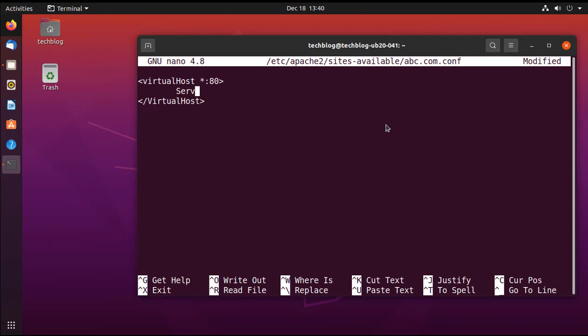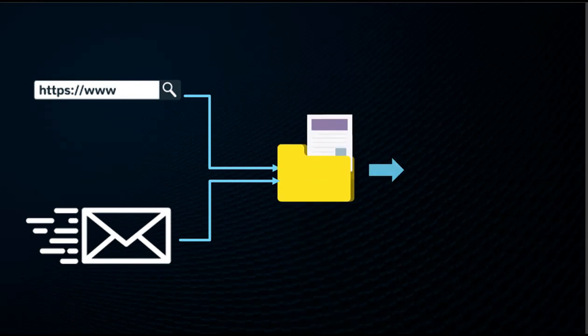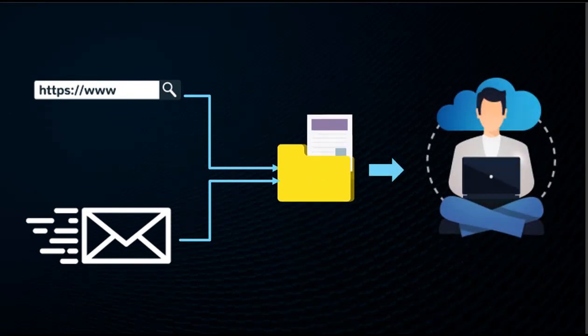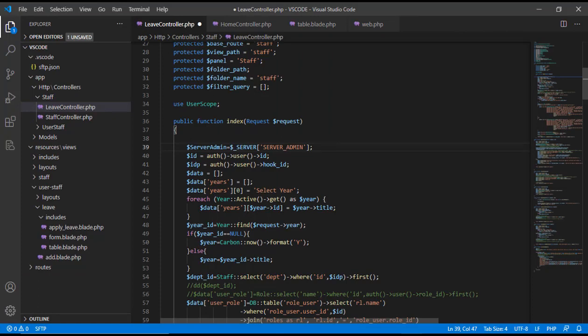Now put server admin directives. I am gonna set this abc@abc.com. It's actually the email address or URL of this particular vhost admin. But apparently this functionality of Apache has been deprecated, but you can get this value through PHP using this variable